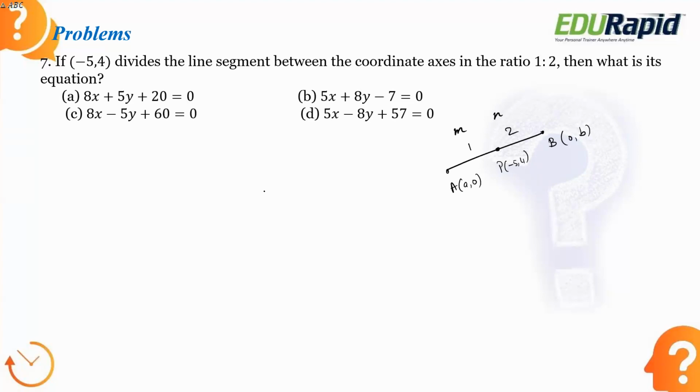So what are we supposed to do? We are supposed to find the equation of the line. How can we do that? Use section formula. When you're given the ratios and when you're solving, you have to always apply section formula. How do we do that? Here you already know what is your x and y. So x is minus 5 and that is equal to mx2 plus nx1 by m plus n. So let me substitute. M is 1 into, this is x1, y1.